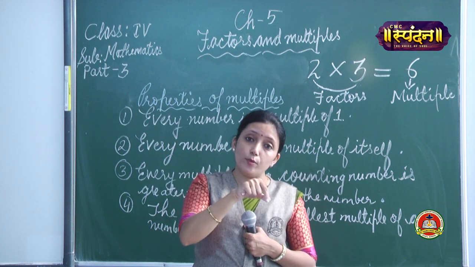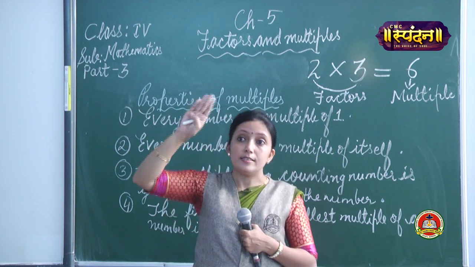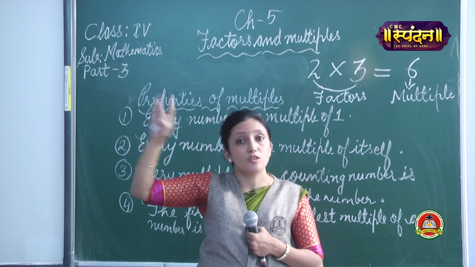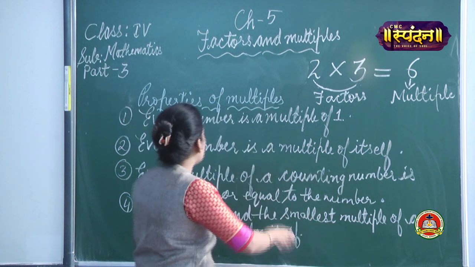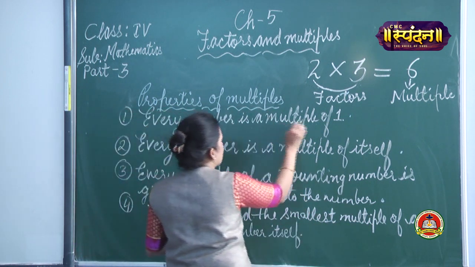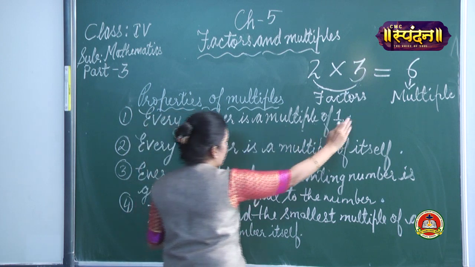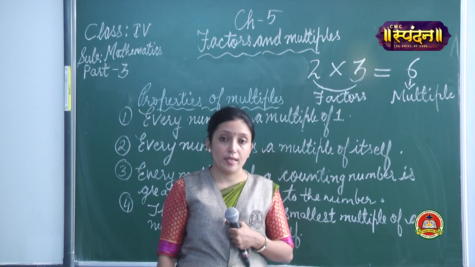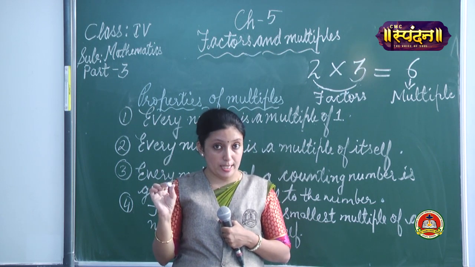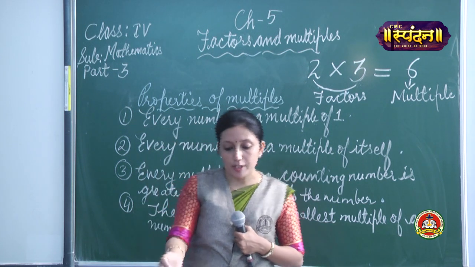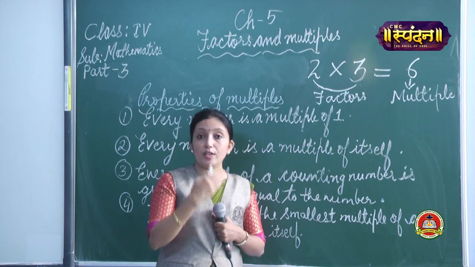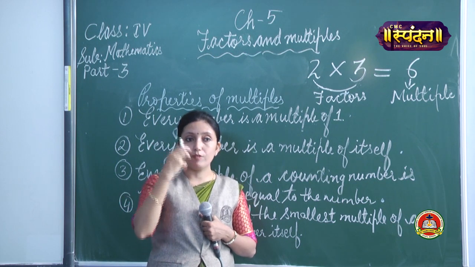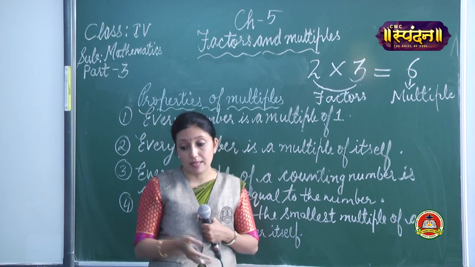But what we are doing here: 5 1s are, then 6 1s are, then 7 1s are, 8 1s are, 100 1s are, 200 1s are. So, what are we saying? Every number is a multiple of 1. Please remember, the first property is every number is a multiple of 1. It is already given in your book also, but still we are doing it in the class. In the video you should be sitting and just observing what ma'am is explaining and how it is coming up with the examples.